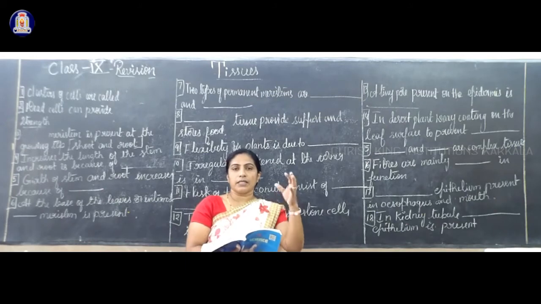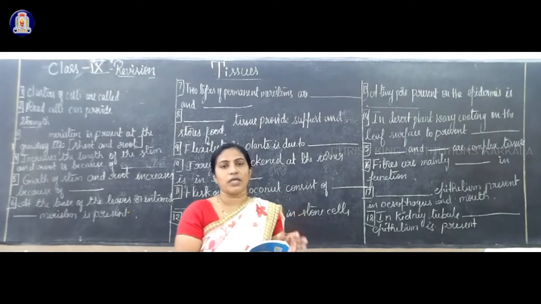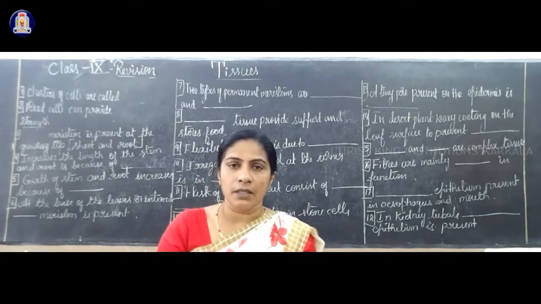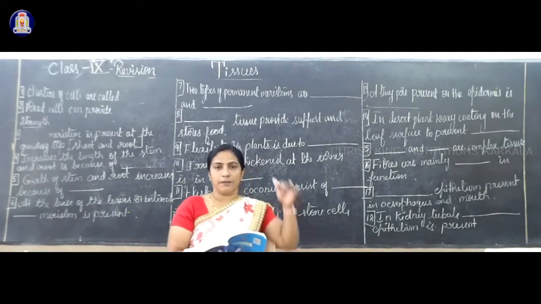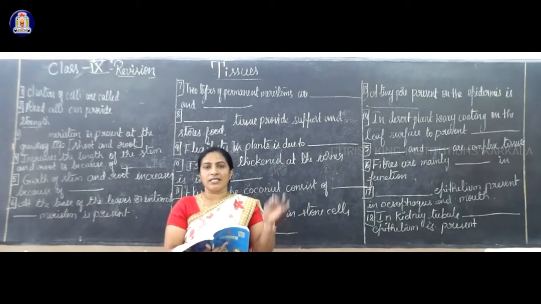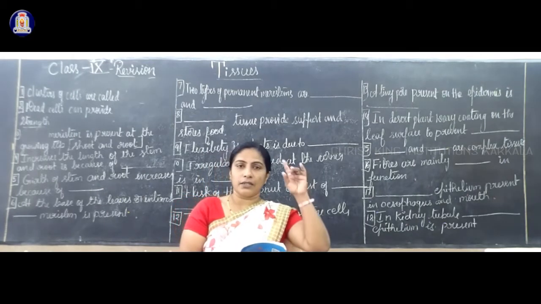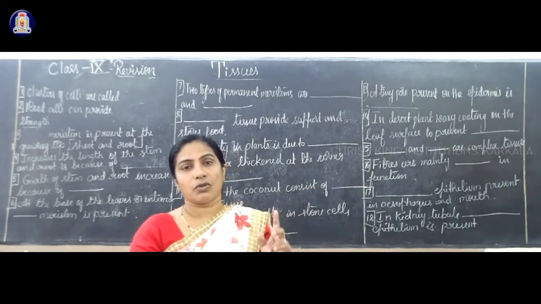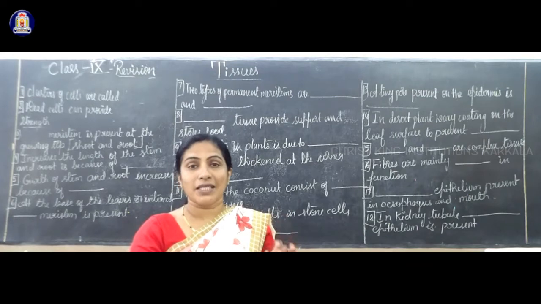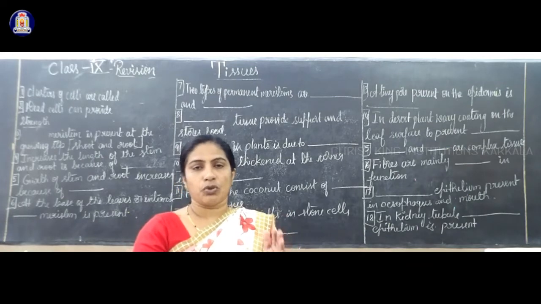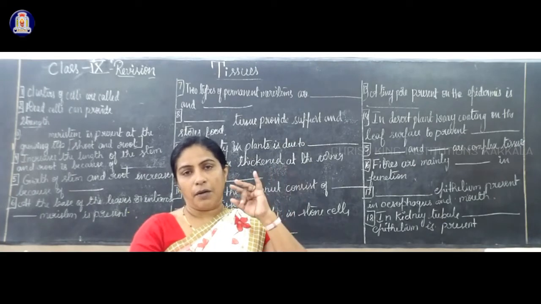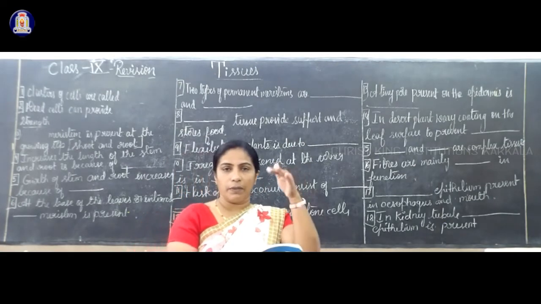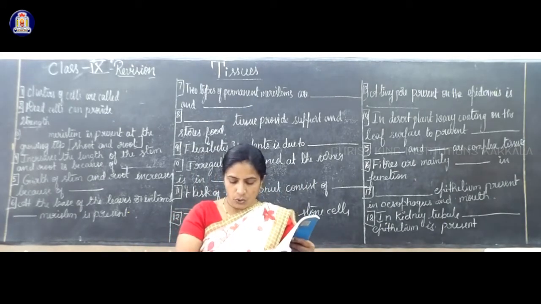A student is conducting some experiment. So what is the observation? When you remove the root tip, the growth will be hindered because there is a tissue present in the shoot tip and the root tip, called meristem. Growth tissue is called meristem. That's why in A it will grow properly, but in B, because you removed the growing tip, the growth will be hindered.